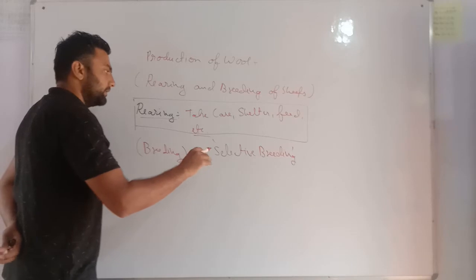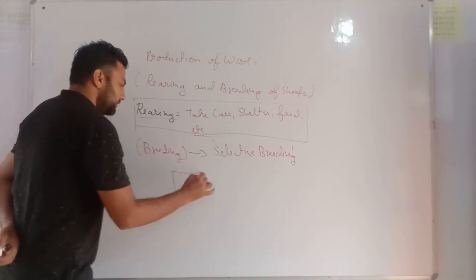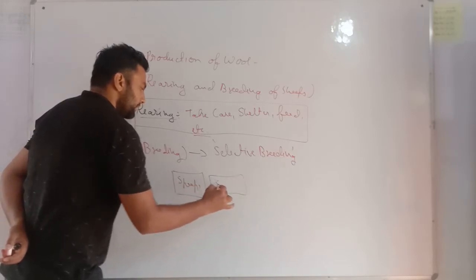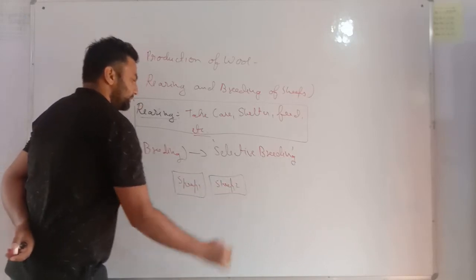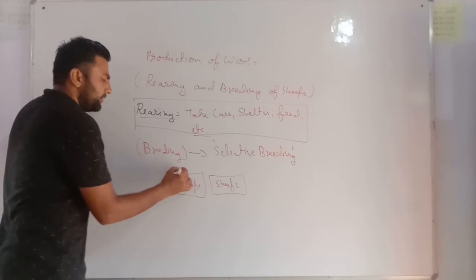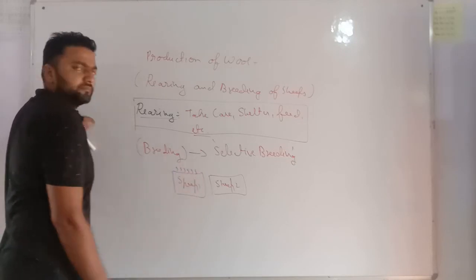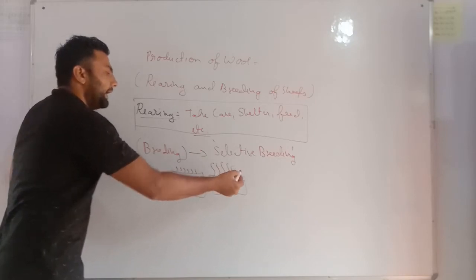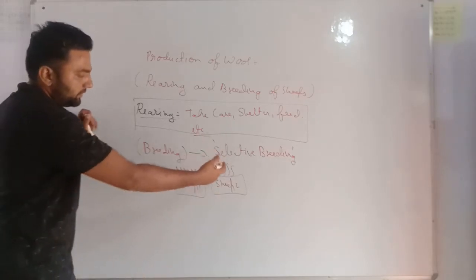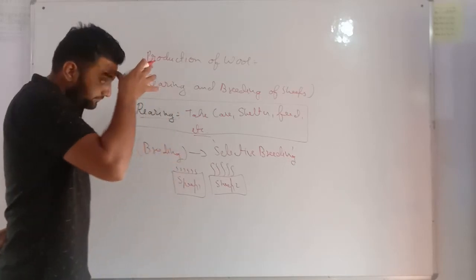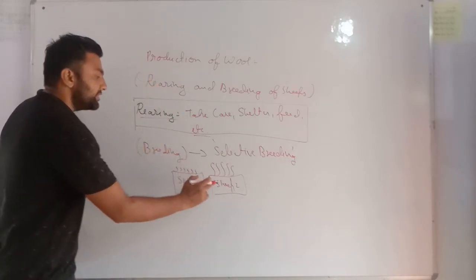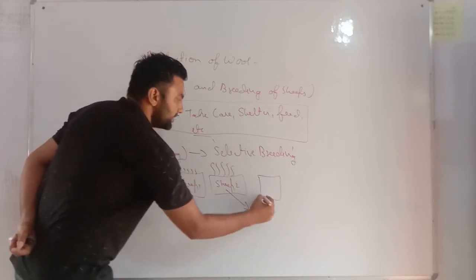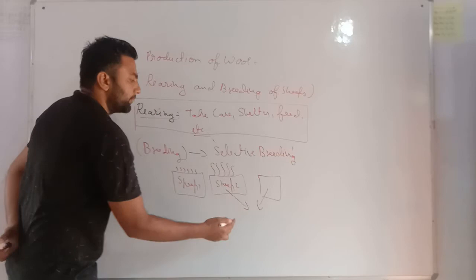Breeding means, see, if there are two sheep, this is sheep 1 and this is sheep 2. Sheep 1 has very small fur and sheep 2 has very beautiful and long fur, means hairs. See my dear student, if this sheep becomes a parent, if this sheep is allowed to do the mating process,